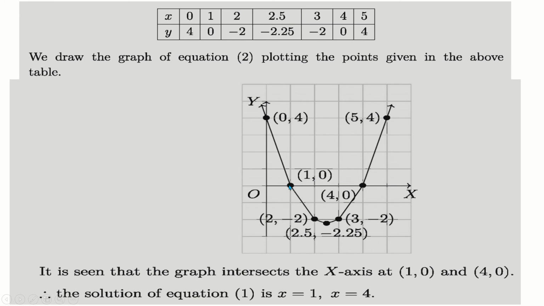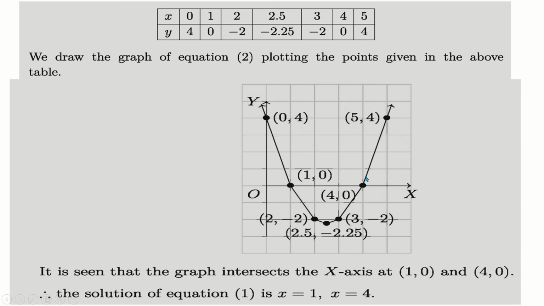That means x is equal to 4, that is 1, 2, 3, 4, y is equal to 0. That means this point. And when x is equal to 5, that means 1, 2, 3, 4, 5, then y is equal to 4. That means 1, 2, 3, 4. This point. Now, by using a free hand, join the points. By joining these points, we'll get the graph of this equation.